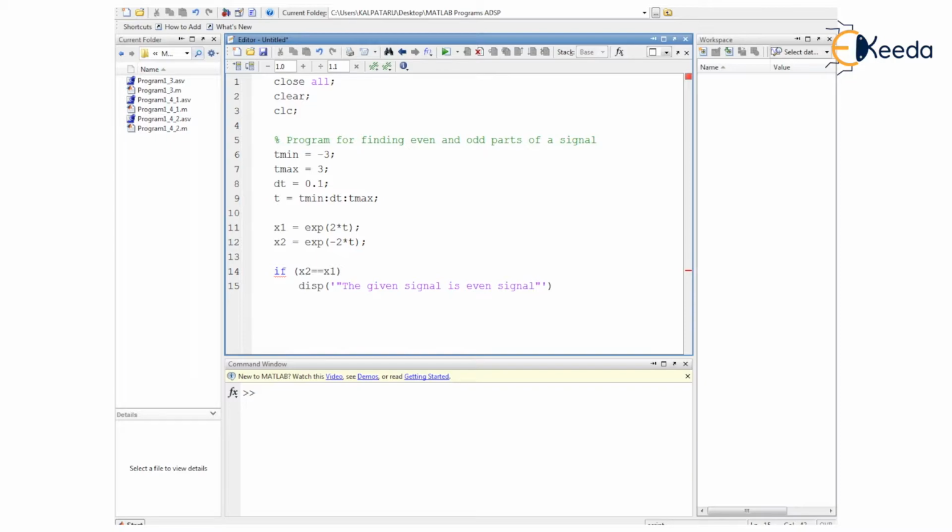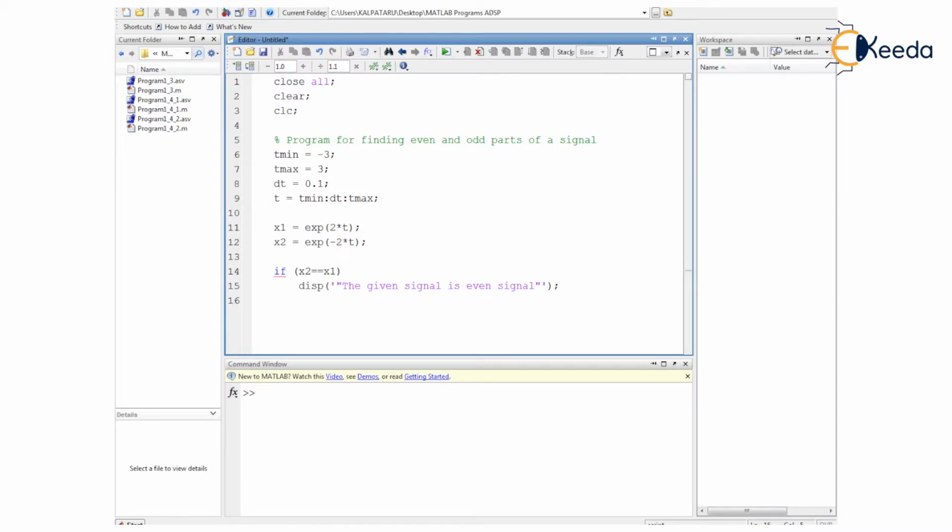As we expect the signal to be an even signal, for an even signal there should be a symmetry. Whatever the part is in the positive, the same part if it is there in the negative, we call the given signal the even signal. So looking at that particular condition while equating x1 and x2, if the condition is true, this particular message will be displayed on the command window here.